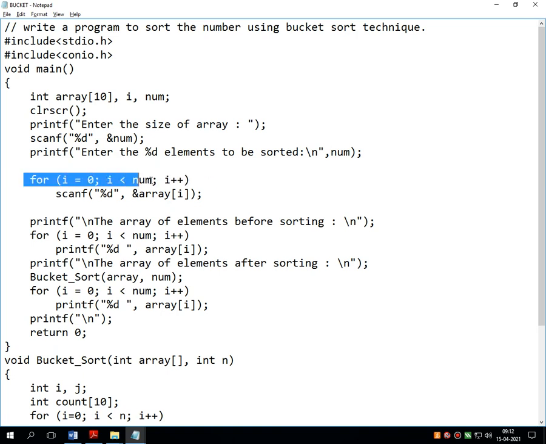So over here what I have written: for i = 0, i < num, i++. So there is a usage of i. scanf %d and &a[i].